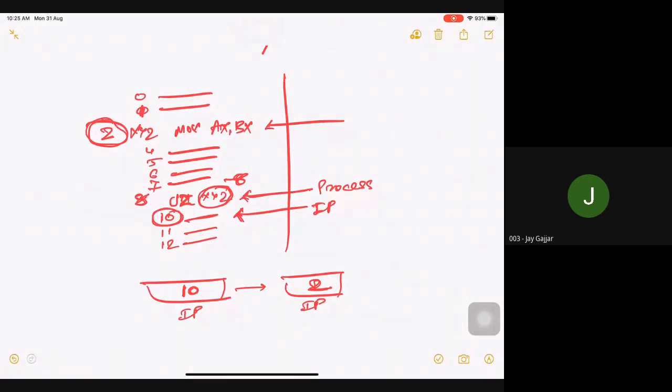Suppose the instruction is of 2 bytes, I assume that. Because a JZ instruction is a minimum of 2 bytes, and a jump instruction is a maximum of 4 bytes, never 1 byte. So we'll assume that it is of 2 bytes, because it is a short jump. Yes, because you need to jump very near.